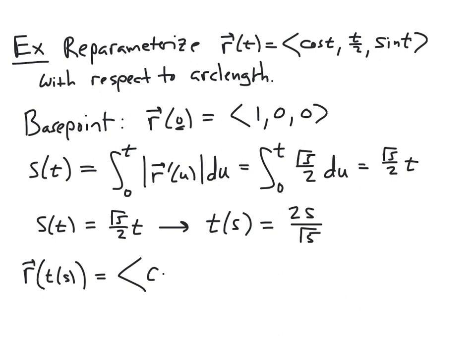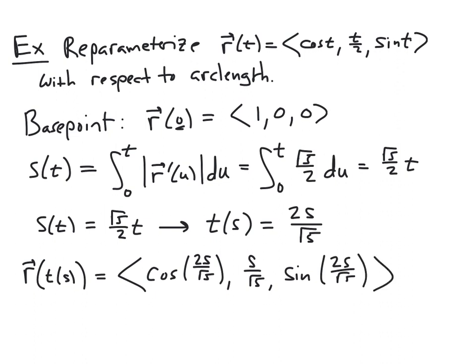So my arc length parameterization for this function r is going to be the cosine of 2s over square root of 5, then s over square root of 5, because we would have to divide that by 2, and the 2 will cancel out, and sine of 2s over square root 5. Okay, so this is our new parameterization